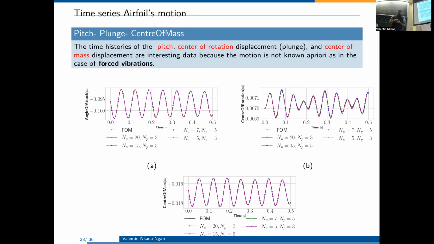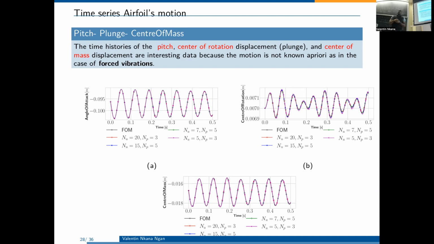So what I showed before cannot really assess the accuracy of the ROM. You have to go further and check, for example, the time series of each data, for example the pitch, the center of rotation, and also the center of mass. Because all those data are random, and you have to make sure that at the end those data are close to the ones that you have from the source model.